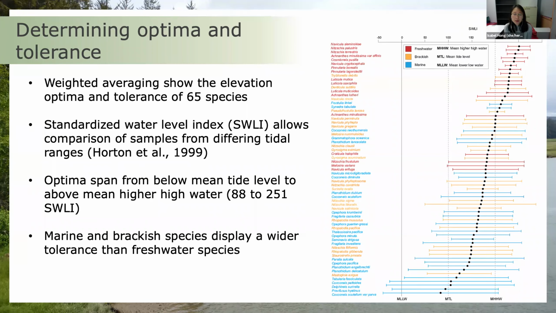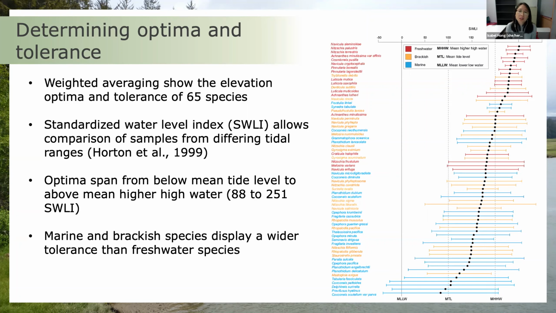We also tended to observe species such as Gyrosigma eximium and Mastogloia exigua as species that had relatively narrow tolerances and could then be used as indicator species of low marsh environments. In the tidal flat, species with narrower tolerances were Cocconeis oceanica and Opephora pacifica. But as I mentioned in this lower bullet point, what we did find is that compared to